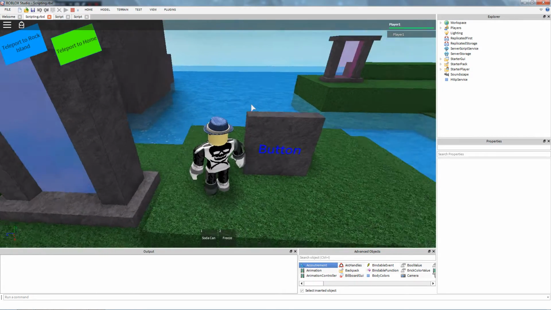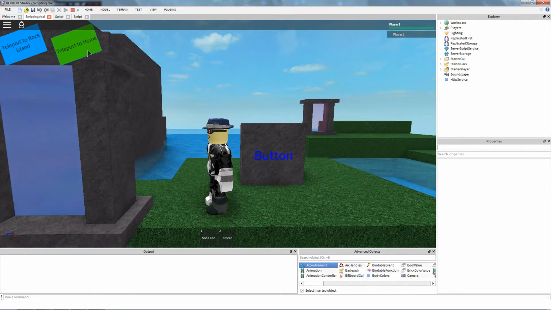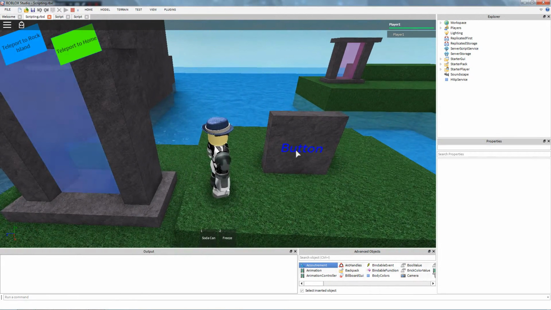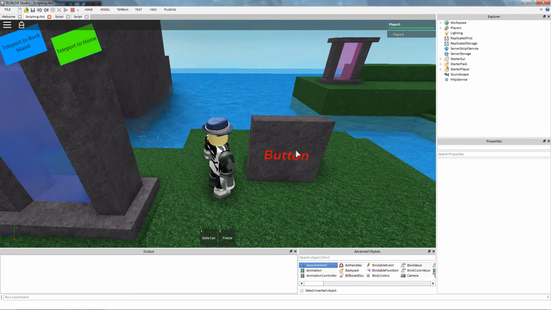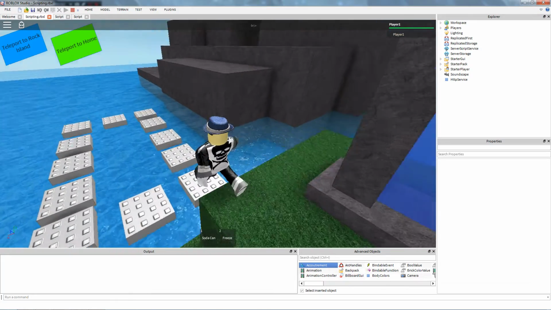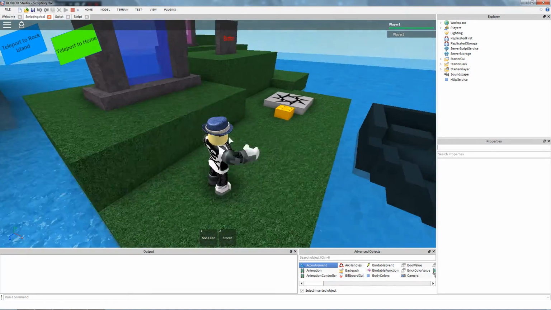Surface GUIs are pretty much exactly the same as these, except they're on bricks, and they are a little bit different, because if you want them to interact with the player or the character, you need to do a little something special, which I will show you how to do. For example, well, actually, so this